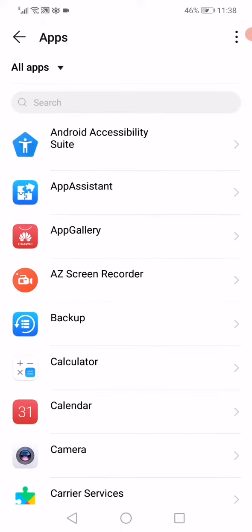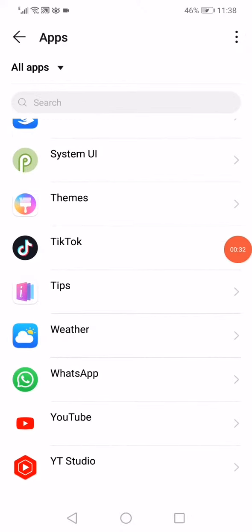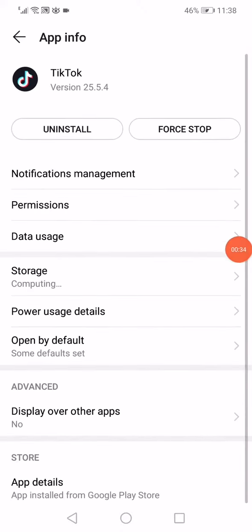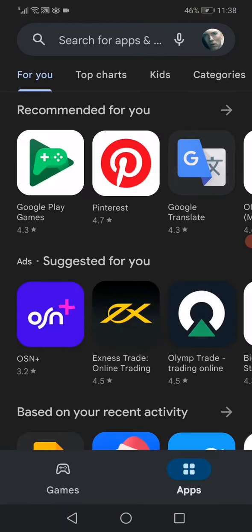Just wait a few seconds and then scroll all the way down until you find TikTok. Click on it and click on the storage. Click on clear cache and clear data. That's the first way. The second way is you have to go into the Play Store and go to the